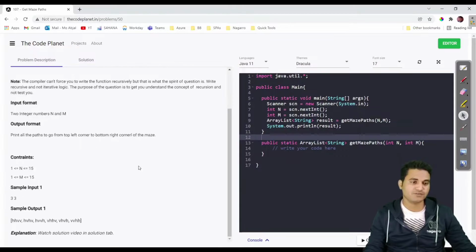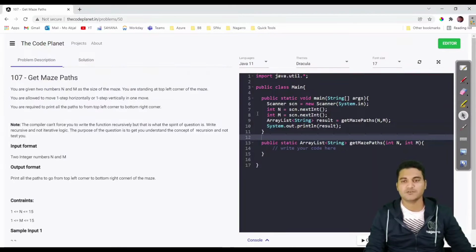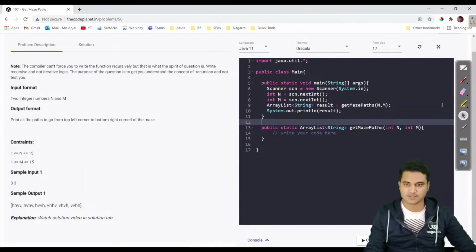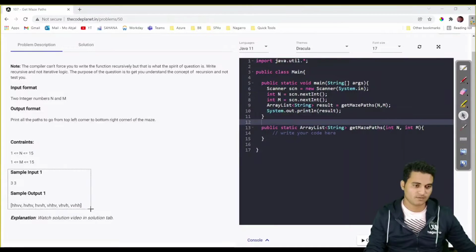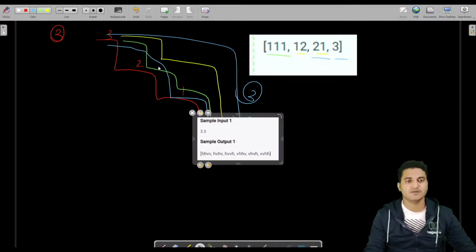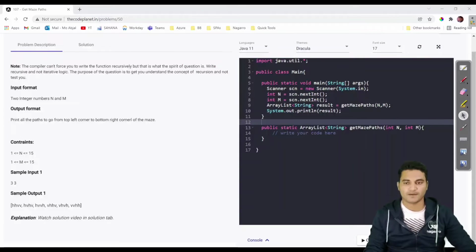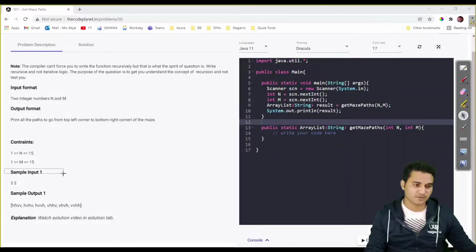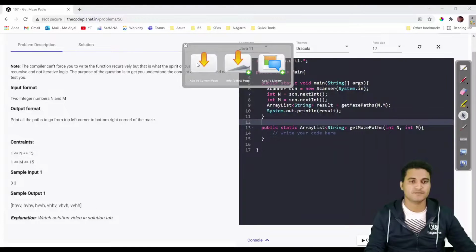So what does this mean? Let me explain with an example. This is the example, input and output basically.